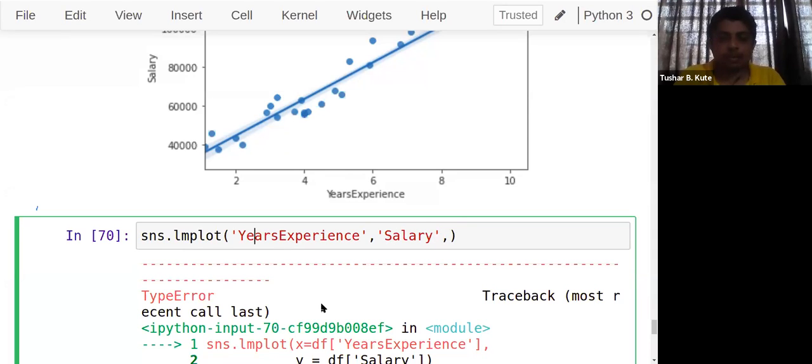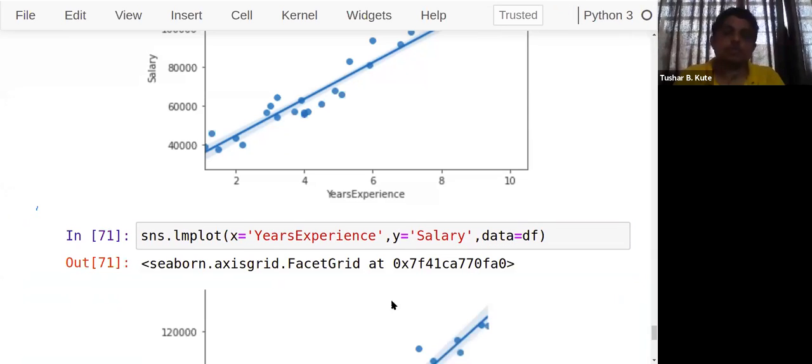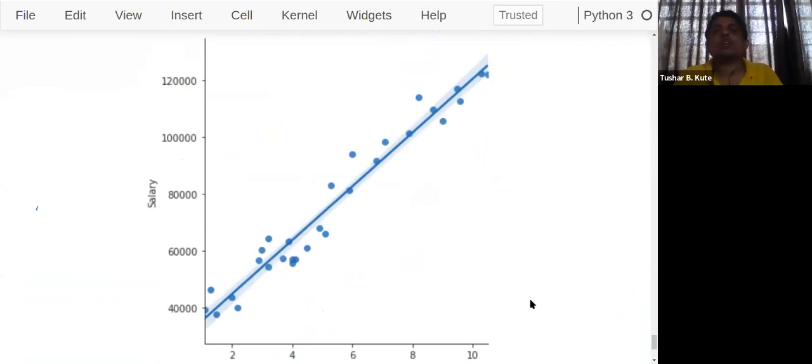On the x-axis we have experience, on the y-axis we have salary, and data we'll be taking as df. The same idea is used here, linear regression, linear model, but it's a two-dimensional plane shown there. In the first case, we have the complete rectangle. This is the linear model plot.